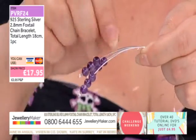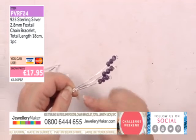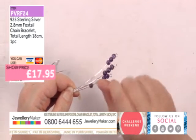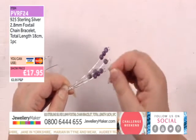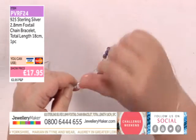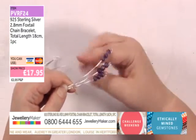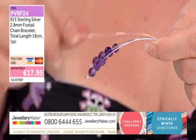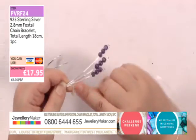So I'm going to take the wire, because it started with it underneath that, we're going to go all the way around one side, and you will occasionally catch a bead and flip it up. Don't worry, it will fall back. It's going all the way around, and then we're going to go over the middle one, and then we're going to go all the way around the top. And you're just going to go under and over in a simple basket weave for just a few